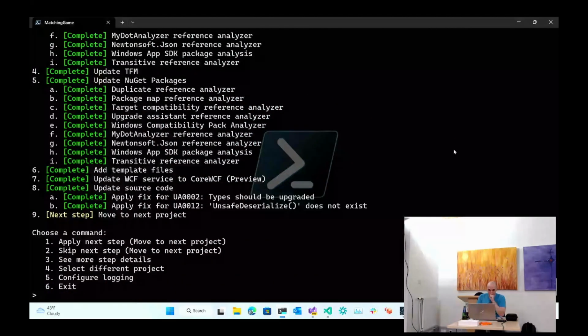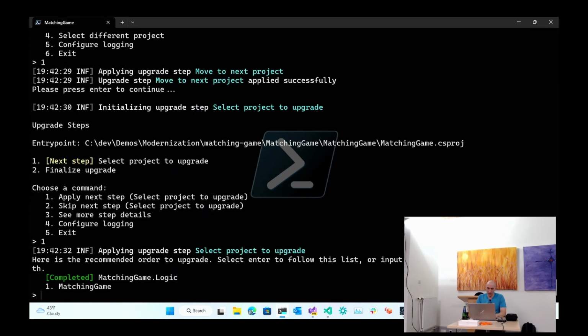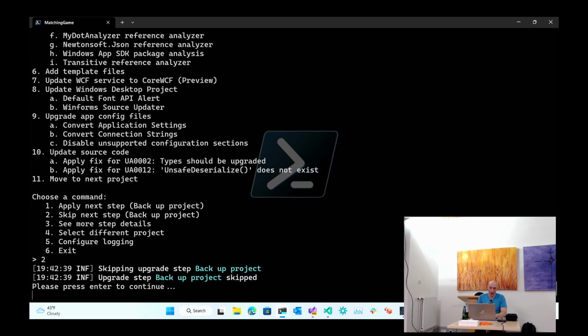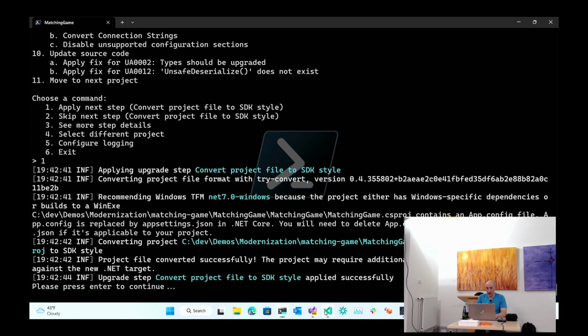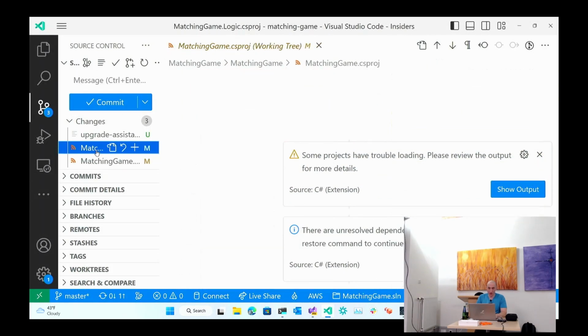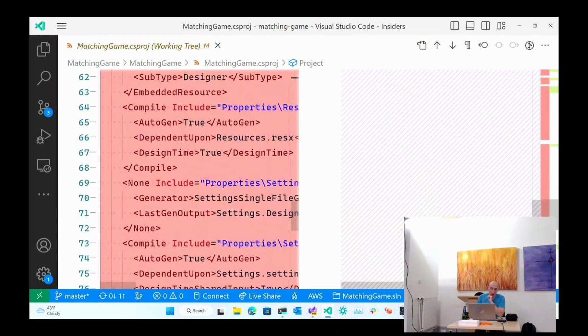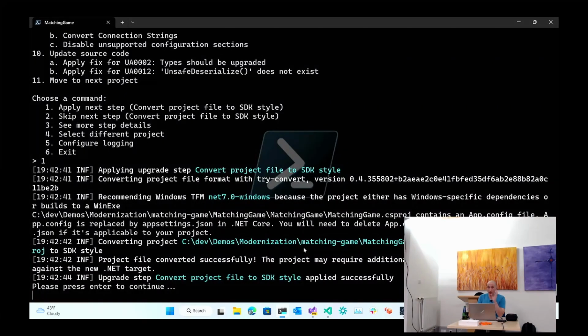All right, and then it does a whole bunch of other reference analyzers, and then it says, OK, you're good. Let's move on to the next project. So the next project is just a little bit more complicated because it's a WinForms project. But again, it's still pretty straightforward. The same process as before. I'm not going to back up, and I'm going to modify the project file. We can actually take a look at what that looks like. So open this one up. On the left-hand side, it was 89 lines, and now it's 16. Again, still not going to build, but it just shows you how much more simplified the project files are now.